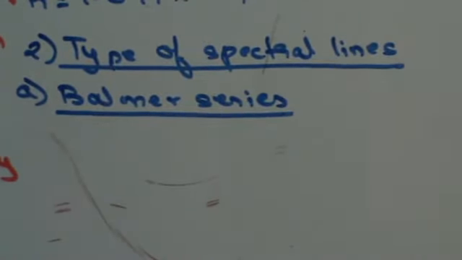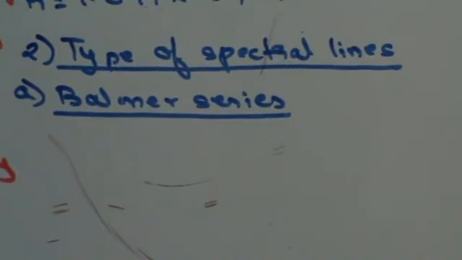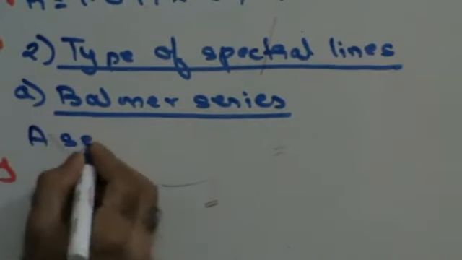It is a series of spectral lines arising from the transition of electrons from different outer orbits to an inner orbit of quantum number p equal to 2. If an electron jumps from any outer orbit to an inner orbit where the principal quantum number is 2, then what you get is called the Balmer series. Right? So it is a series of spectral lines